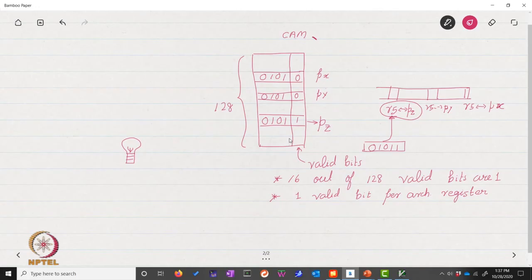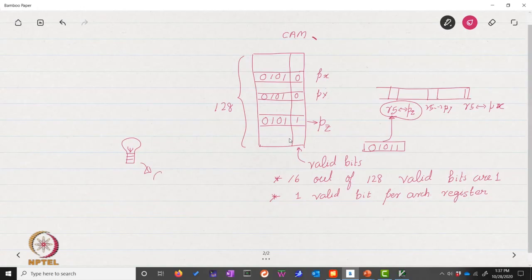So what I'm trying to say over here is the key insight is that registers tend to maintain their value until another instruction that writes to the same architectural register gets committed. So it's the same insight as the previous approach 3.